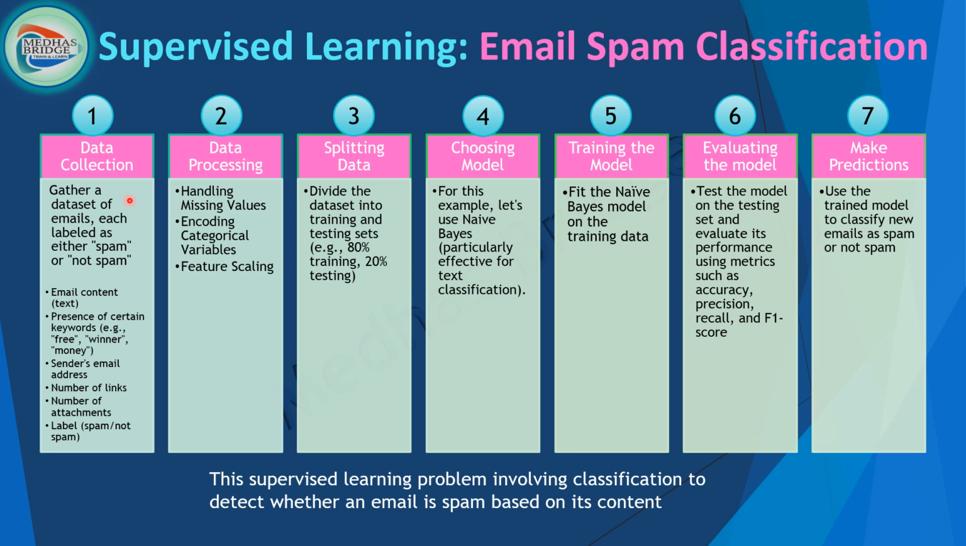Once we have the data collected, the next step would be data processing. It's again a general process. We have to handle all the missing values, encode the categorical variables, and then do feature scaling and all. This is a common step for all supervised learning algorithm activity. Once you have the data ready and clean, processed, qualitative data, which you believe is going to help you build your model,